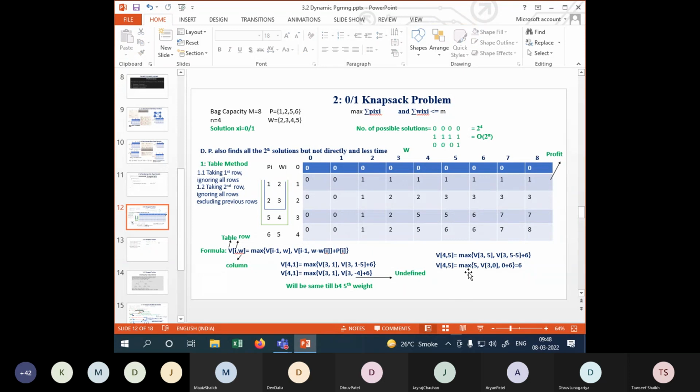so that means v of 4 comma 5 will become equal to max, so 3 comma 5 इस जो प्रीवियस रो पे वैल्यू है एट लोकेशन 3 comma 5, उसका वैल्यू लेना है, वो 5 के बराबर है ना, और v of this will become 3 comma 5 minus 5 will become equal to 0, plus this is already equal to 6, so 3 comma 0 it is equal to 0, so that's why I have written 0 here, उस 0 को ऐड हो जाएगा इस 6 के साथ, हाँ, so it will become max of 5 comma 6 in total, तो इनमें से मैक्सिमम कौन है 6, so I will introduce that 6 here,